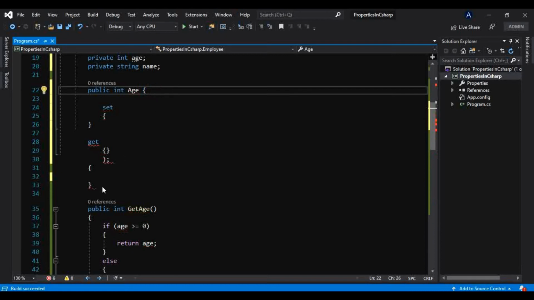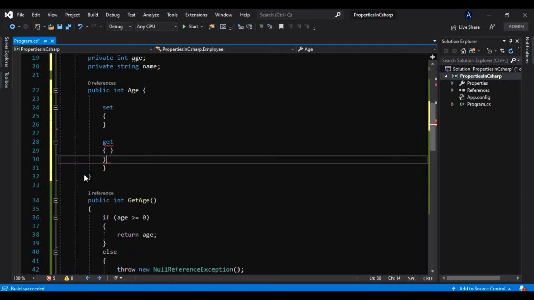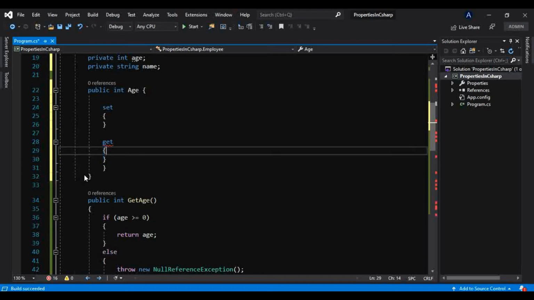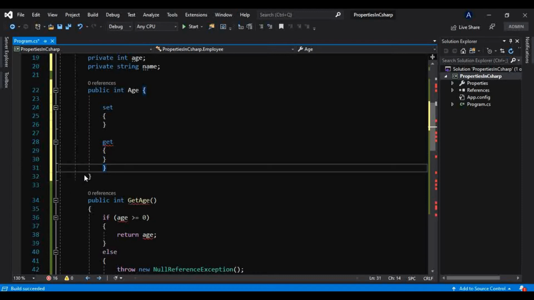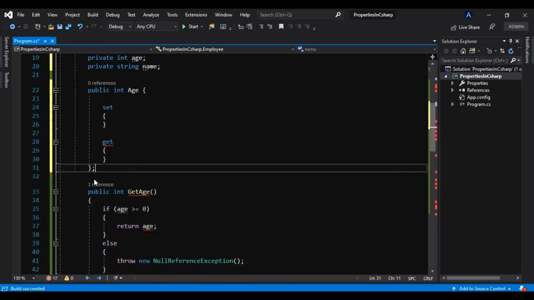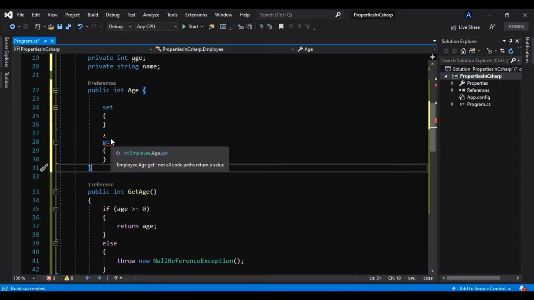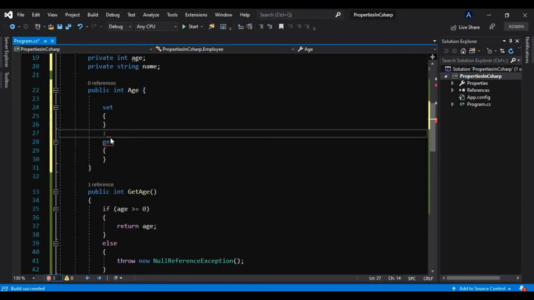And inside those two curly braces we will have our get and set, that is the get accessor and the set accessor, okay, like this. I should not have the semicolon here, but instead after this as well.